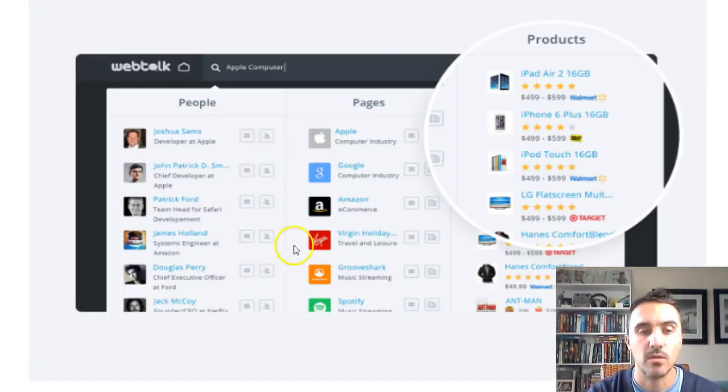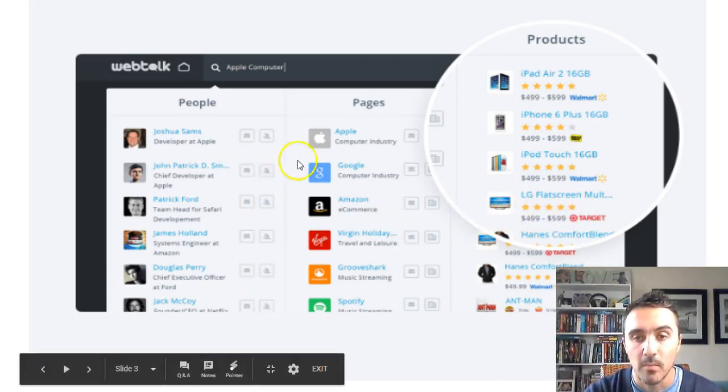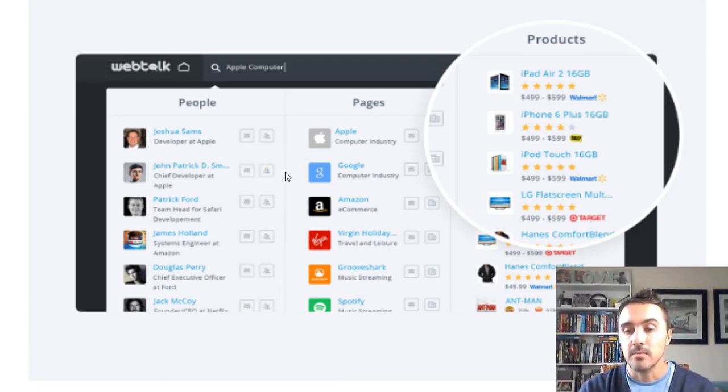This here is how it's going to look on here. So you can see, if someone types in Apple computer, it brings up all of the products that would be available in the marketplace, and you can see they've got Walmart on here, they've got Target and a couple of others. Anyone who wants to purchase this, you would get up to 10% of this product that they buy, and this is on anyone who you recommend to the platform. So this is ongoing, it's forever.